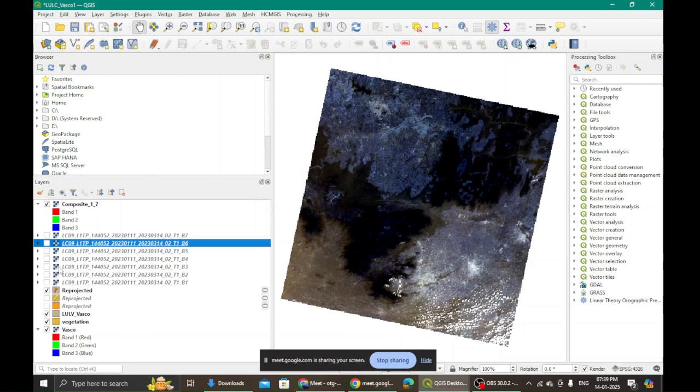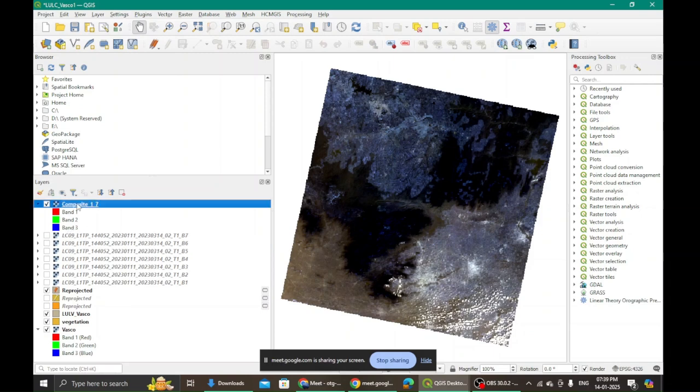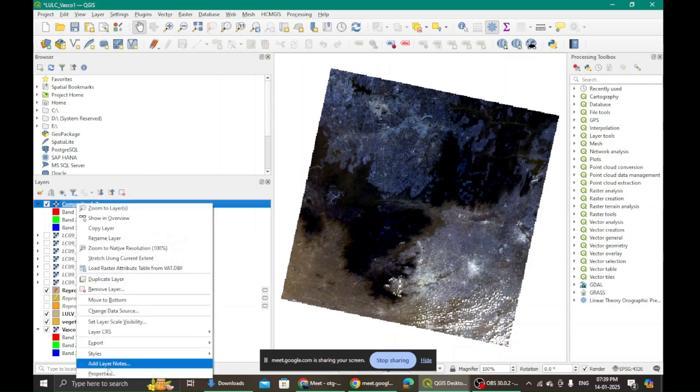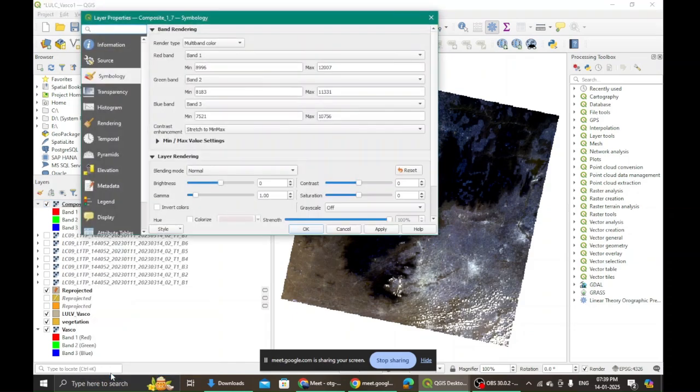Okay. So now what is happening? I have made a stack out of it. Has anybody made a stack? Drop me a Y if anybody made a stack like this, a colorful map. Okay. All right. Yes. One. Yes. Okay. Now I will right click on this composite layer and I will go to properties.